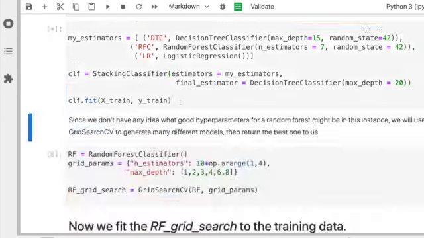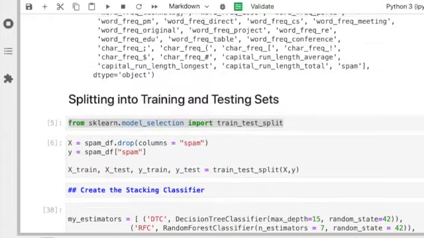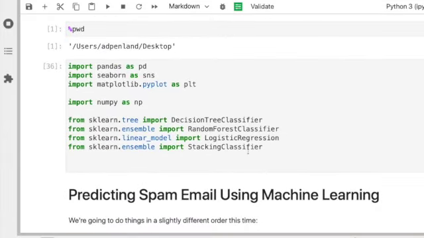Oh yes, the import statements. Even though it's better to put your import statements at the very beginning of a document, I'm teaching live coding. I usually put them close to where they're used so you can see everything. It's kind of a trade-off. You should really put them all at